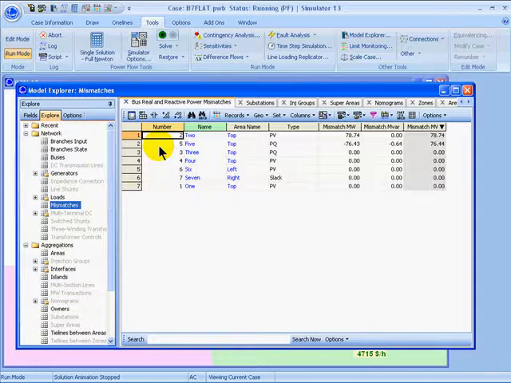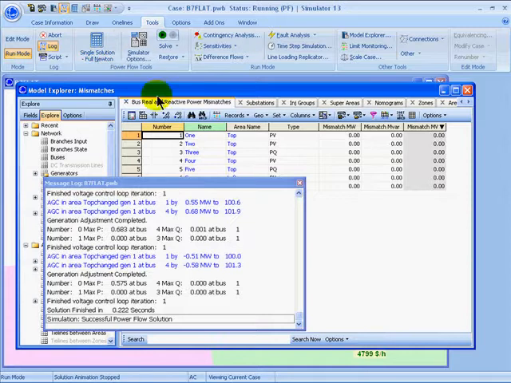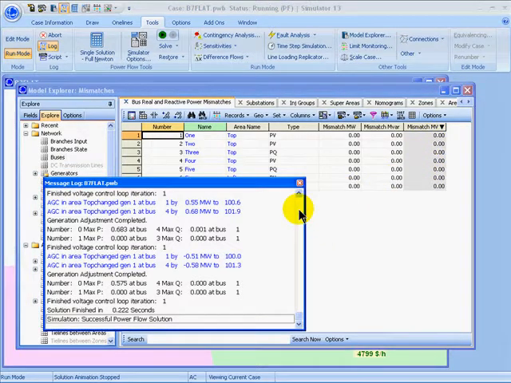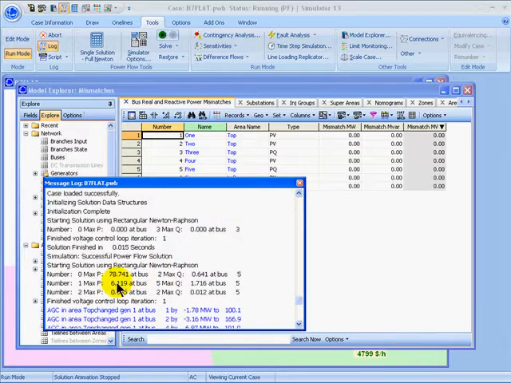If we open the message log and solve the power flow again, we can see the process by which Simulator uses Newton's method to drive the mismatch to 0. And in the solved case, we can see that these mismatches are all 0. And if I scroll up in the message log, I can see the process where initially I have a mismatch